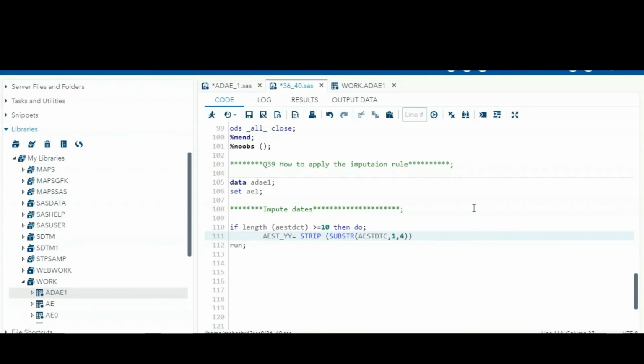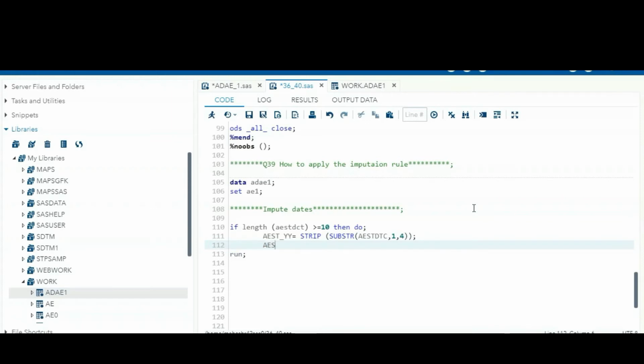If it contains the time part also, we can still use this, because if the time part is present for the adverse event, AESTDTC contains both the date and time part. Even though, we are picking from the first to the fourth letter, meaning only 4 letters, that is the year part. The year part is separated and assigned to